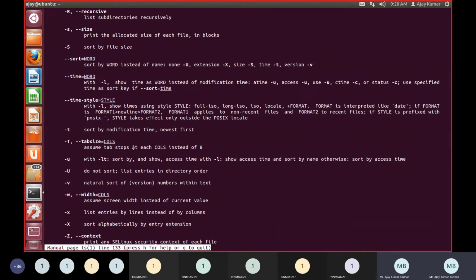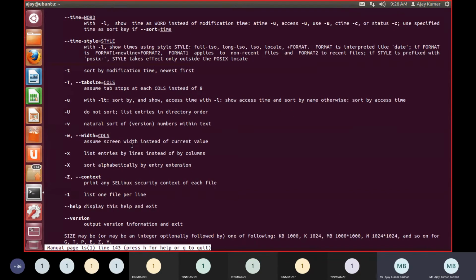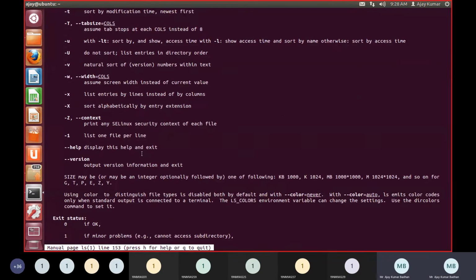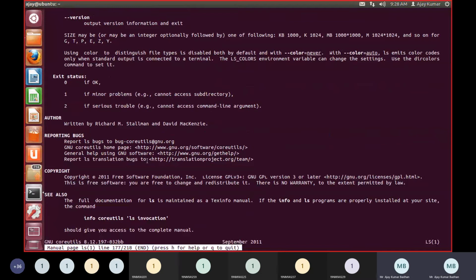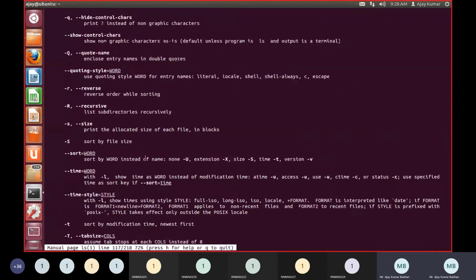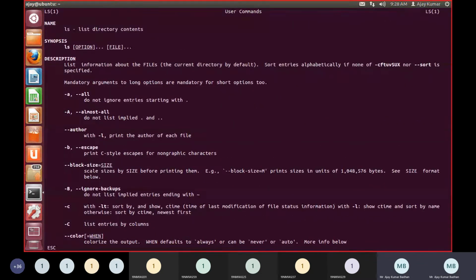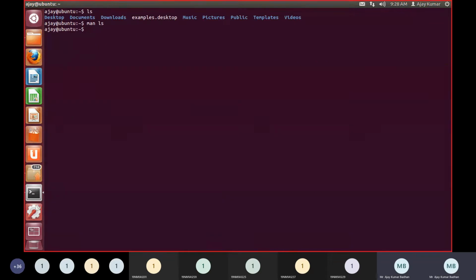And if you talk about minus U, capital U, all these are used, so you can just go through it. This is the best part of this particular man command. Once you are done reading this, you can simply type escape, or simply type quit, Q. So you can click on Q, and you will come back to this option. So you have seen a list of options. Let's use one of the options and see what output we are going to get here.